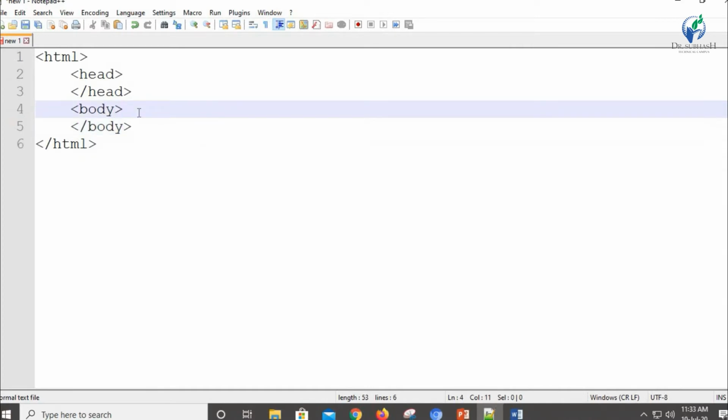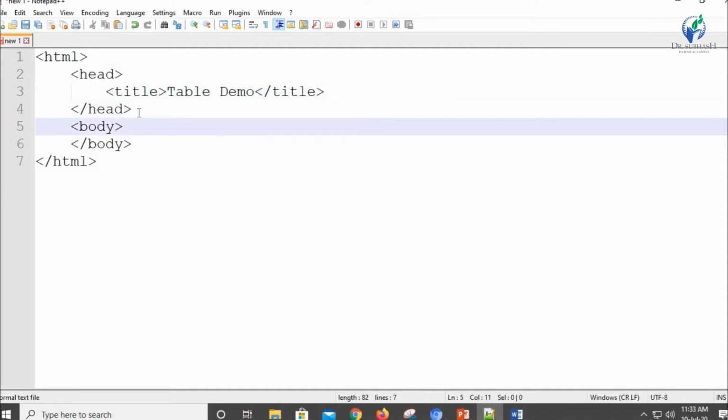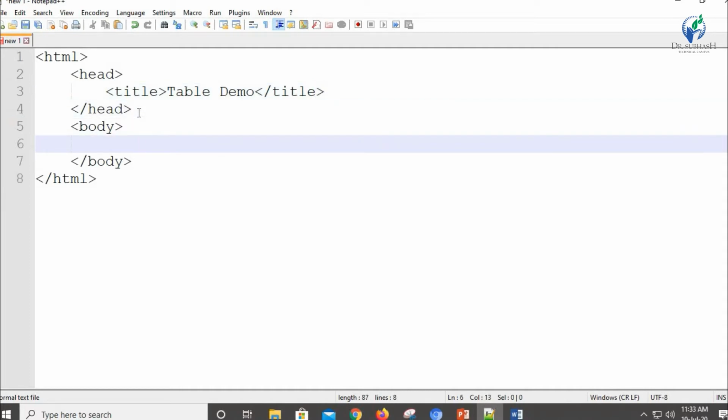So we have created the basic HTML structure. We are going to give a title to this page, your table demo. Okay, we are going to close the title tag, and inside the body we are going to start writing our table tag.